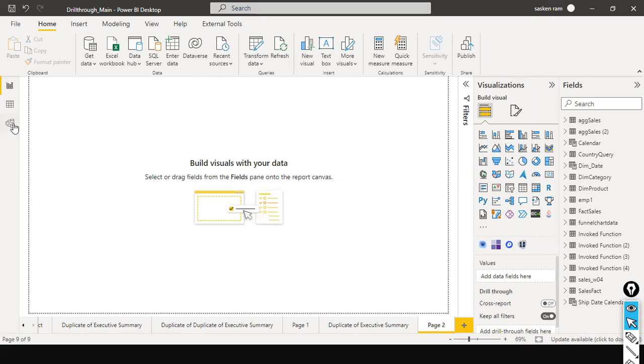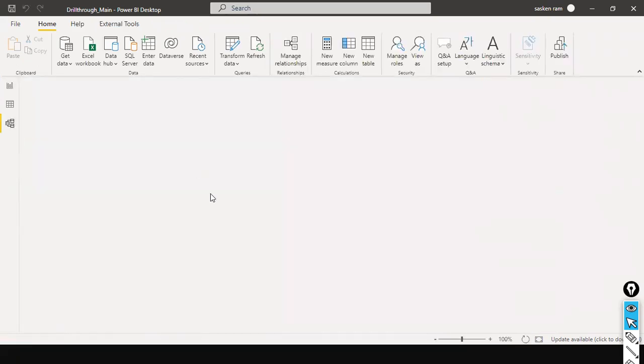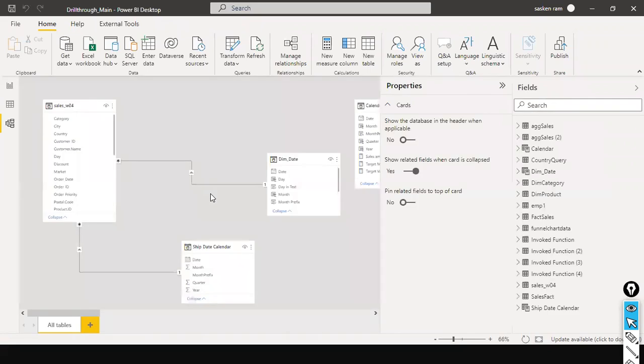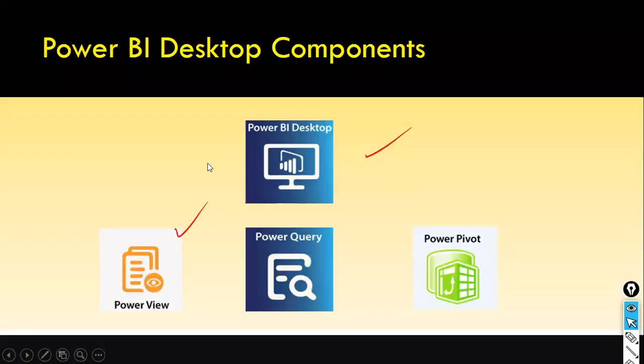And the next one is the model view. This is where we create the data model design. When it comes to Power BI, you should know data model design. Okay, and that also will be covered as part of this training program. Data model design is not specific to Power BI. It is one of the common steps that we do. If you develop any web application or mobile application, you need to create the data model design first, and then only you need to create that one.